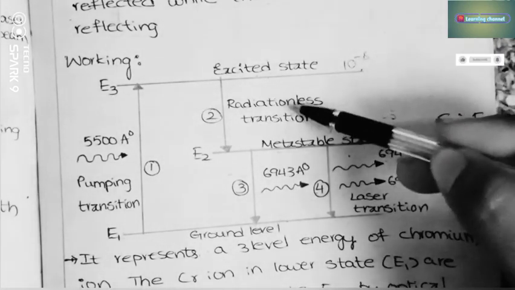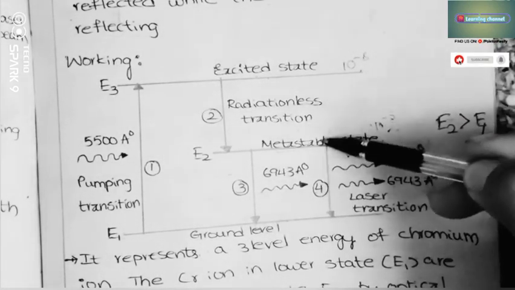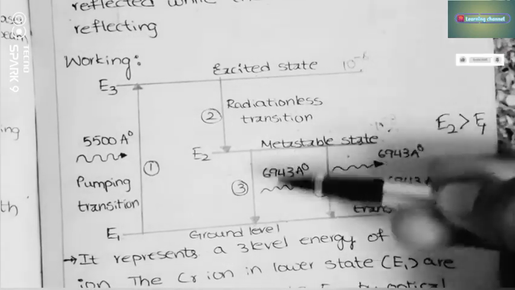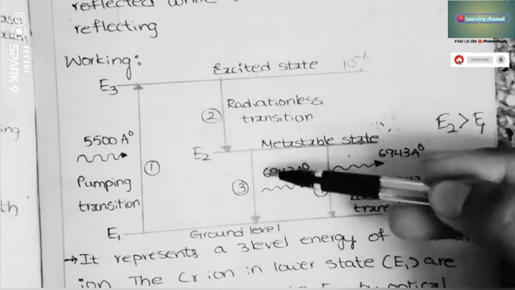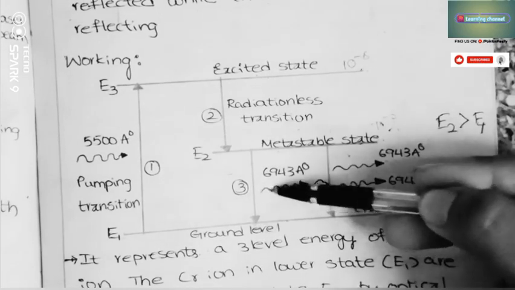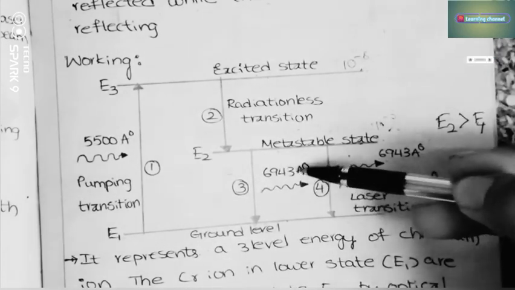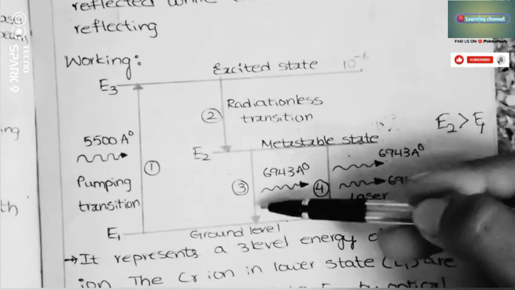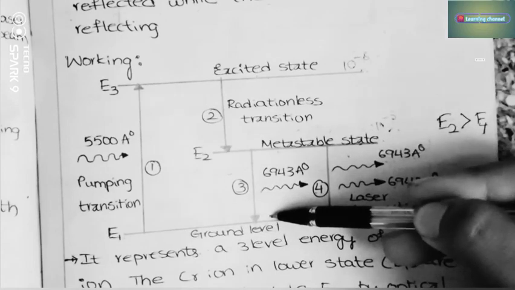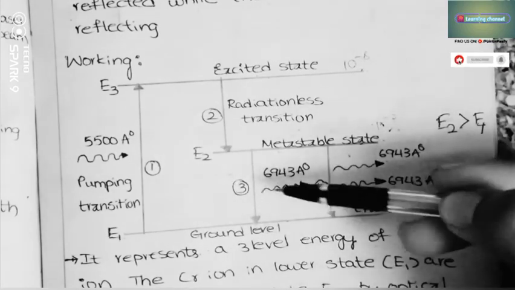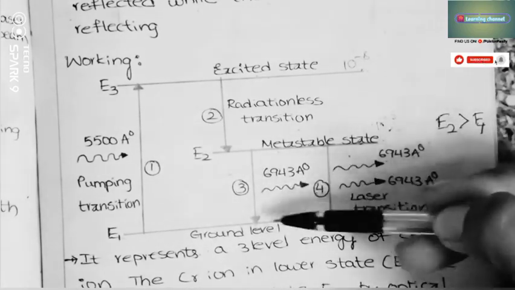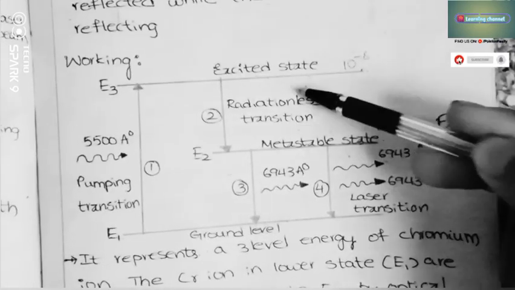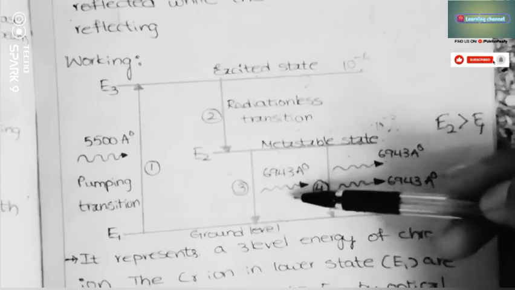Here we can see the radiationless transition. After 10 to the power of minus 3 seconds, again it will come to the ground state, right? It will come to the ground state by emitting a photon of 6943 angstroms energy. So here spontaneous emission takes place. Now this photon will do all the things. This photon will trigger another chromium ion. So the chromium ions will be triggered by this photon,